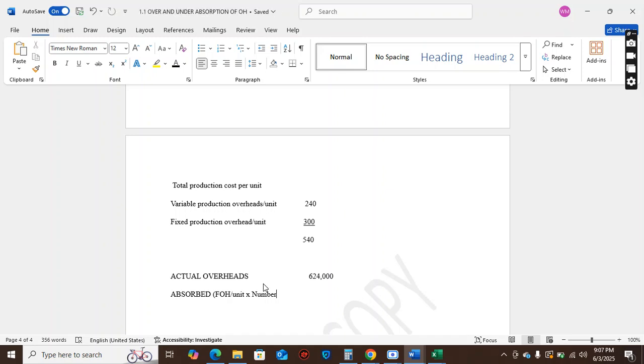So our fixed overhead is 300 multiplied by the number of units produced,